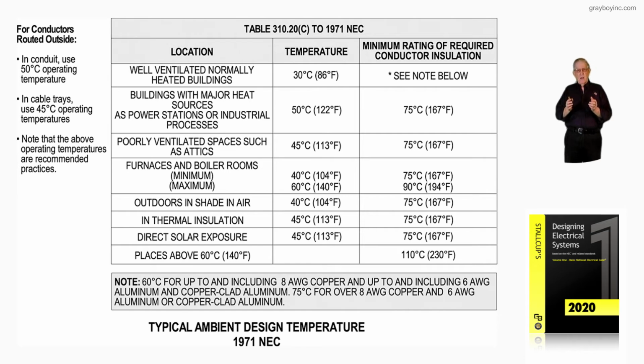It's a design criteria, not a mandatory type criteria in some cases. As long as you can stay with the overall operation of 86 degrees Fahrenheit as required in table 310.16 with 3 current carrying conductors or less, and you do not overheat that insulation,